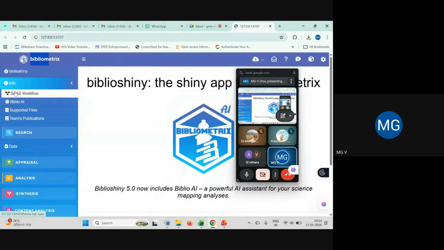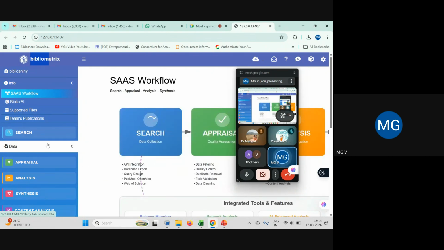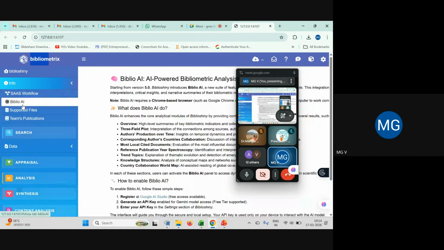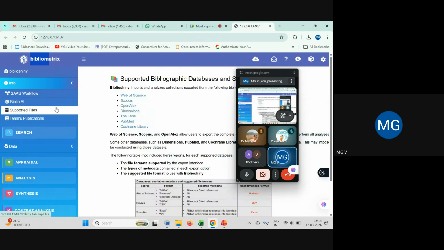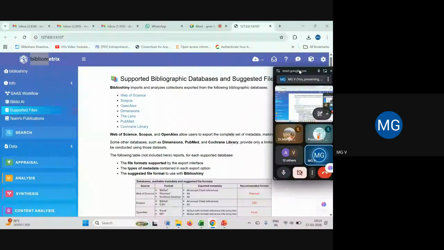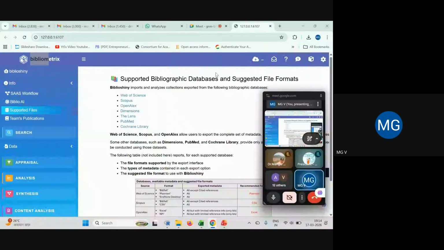You see, information you want to read, the workflow, then Biblio AI. So every description is given here. You can go through it, including the files it supports. So you see, this is what I was discussing with you yesterday, which kind of data files it supports.